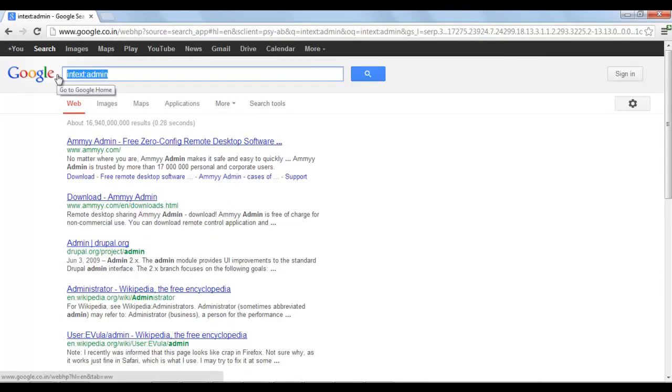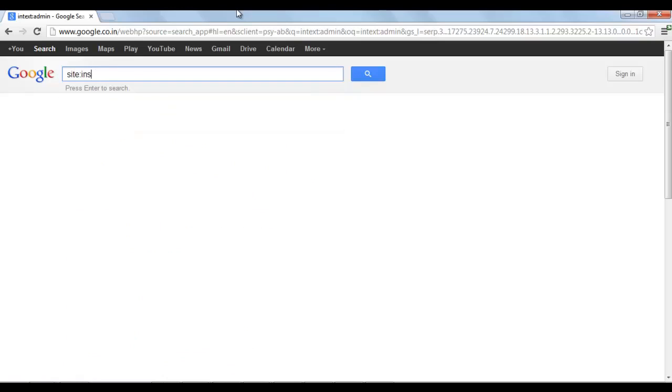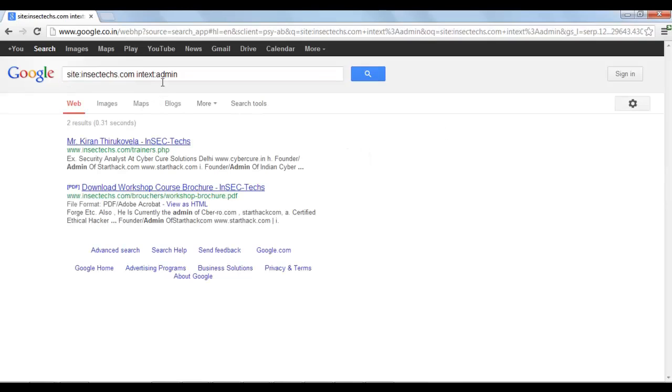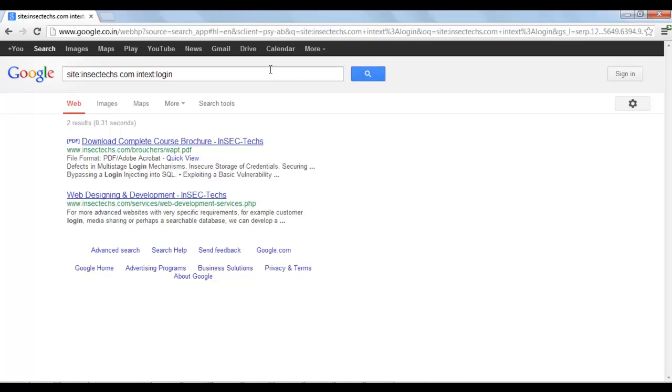administrator's page of a specific site, we can simply use site insectext.com in-text admin. This particular query may not give the exact result, but in many cases it works. Similarly, you can try in-text login, so that I can try to find out the login page of this particular insectext.com. Similarly, in URL,